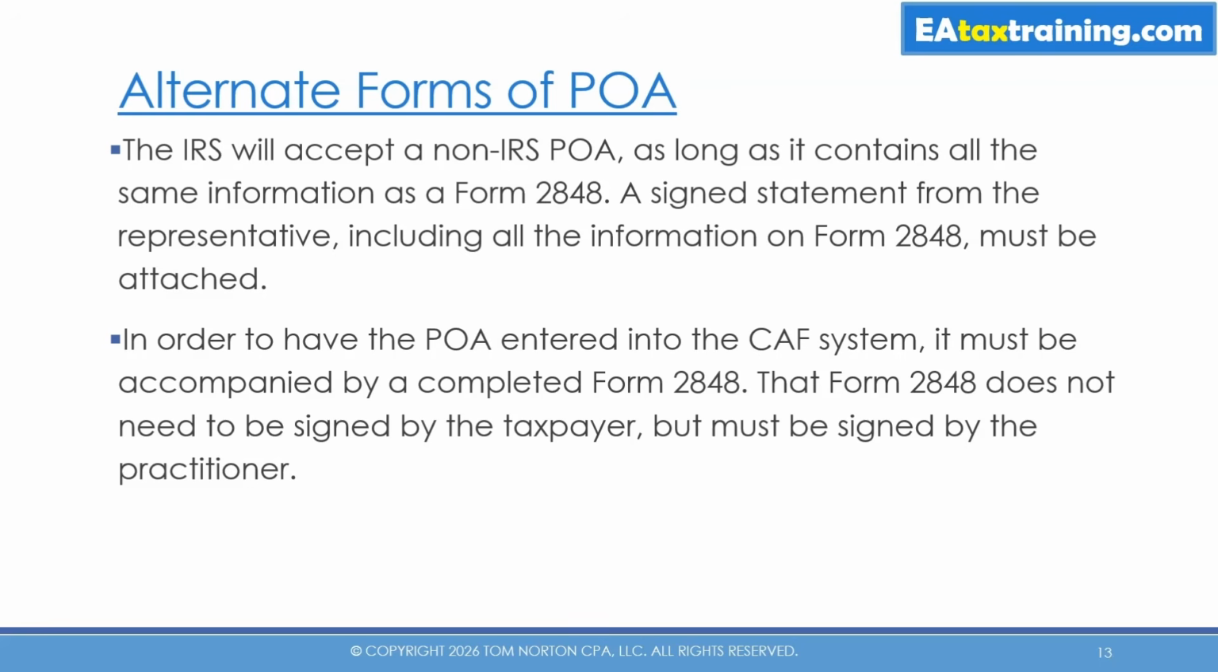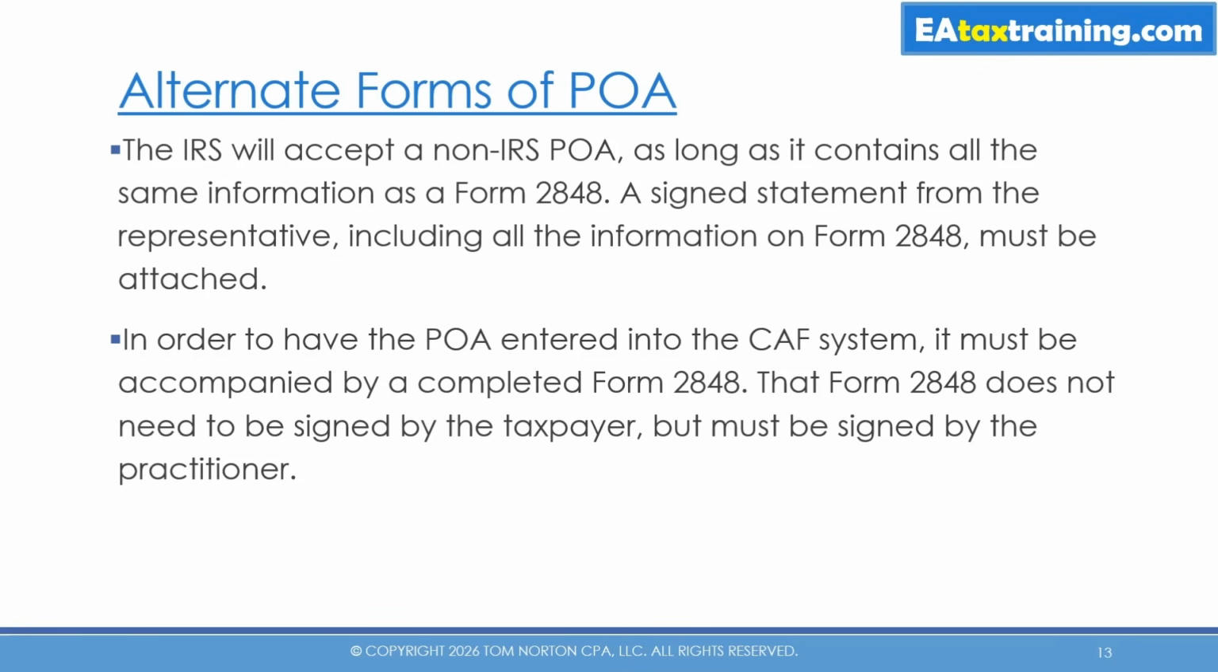So it can be a signed statement from the taxpayer, including all the information on the Form 2848, and then you attach that instead of the 2848 when you are dealing with the IRS. So the client can go, for instance, to an attorney. The attorney can write up power of attorney just on blank paper. As long as it has all the same information as the 2848, then that is fine and it will be